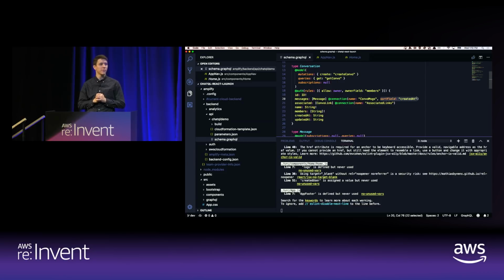Cool. Any other questions? On the DynamoDB design, say we did not want that design from Amplify, what other ways you can implement your own